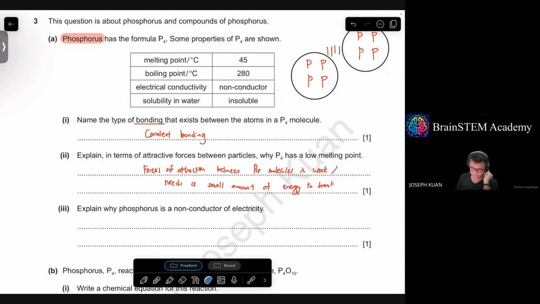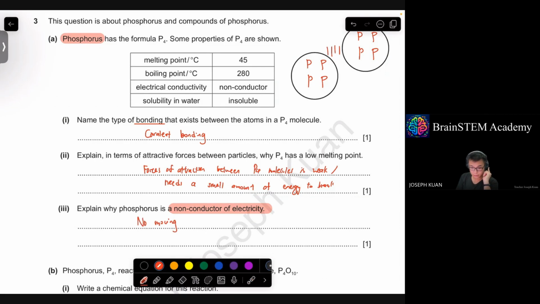3, explain why phosphorus is a non-conductor of electricity. In order for a substance to be able to conduct electricity, you should think of the agents that are able to conduct electricity. When a substance has charged particles, that allows electricity to be conducted. But for phosphorus, within the molecule, there's no such thing. So we can see that there are no moving